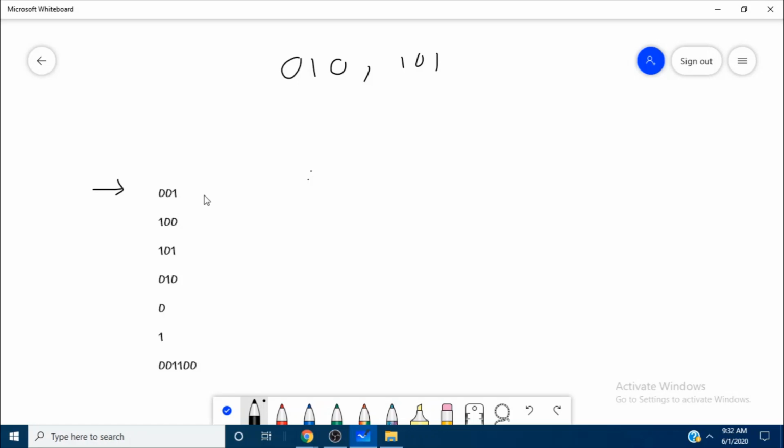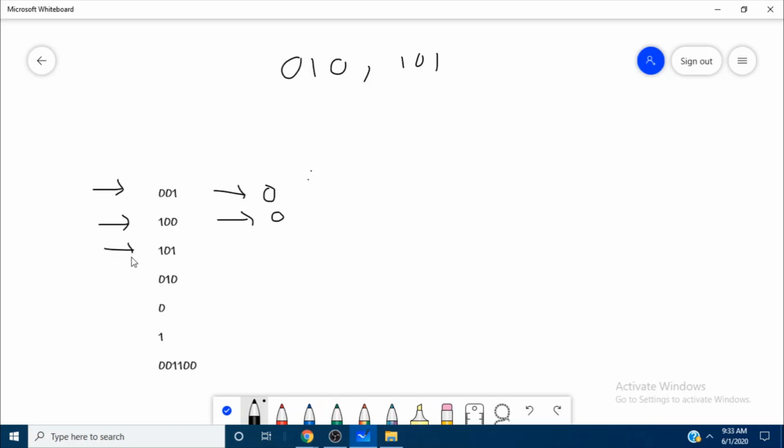No, right? So it is already good. No need to convert this, so the minimum number of operations is 0. Now let's see this 100. Does it contain 010 or 101 as a subsequence? No, right? For this also the minimum number of operations is 0.